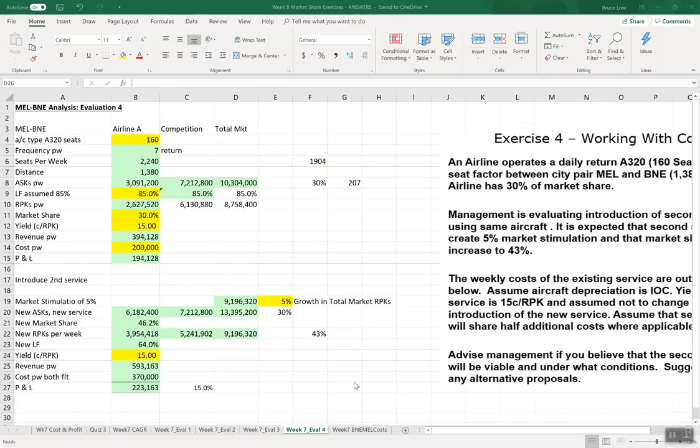One thing we might propose to management is to do some sort of yield management. If we can get that load factor up from 64%, we can potentially get some additional revenues as well. We don't want to start a price war though, because we've managed to increase our market share and maintain our yield. But certainly if we could do some sort of revenue management and yield management, we could potentially try and get our load factor up and increase revenue even more, because 36% of our seats are currently flying empty, and to fill those isn't going to increase those costs much.